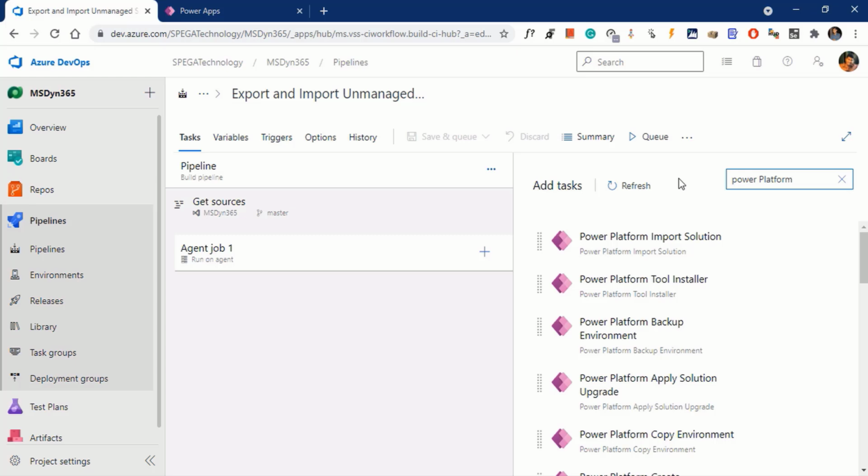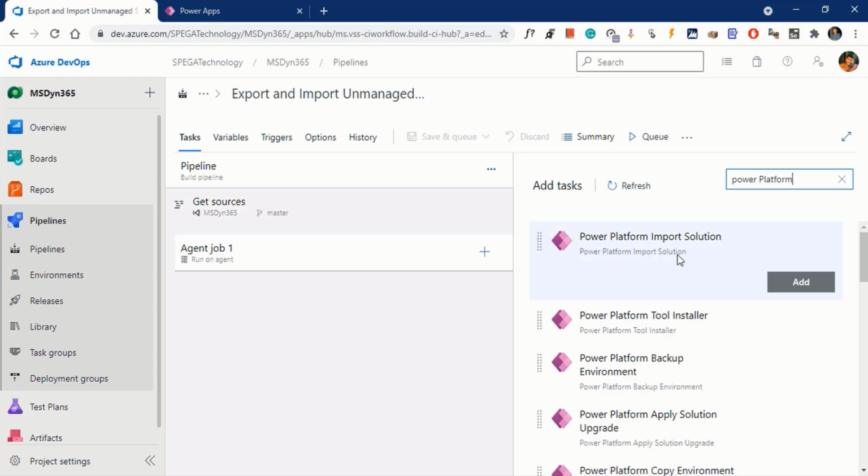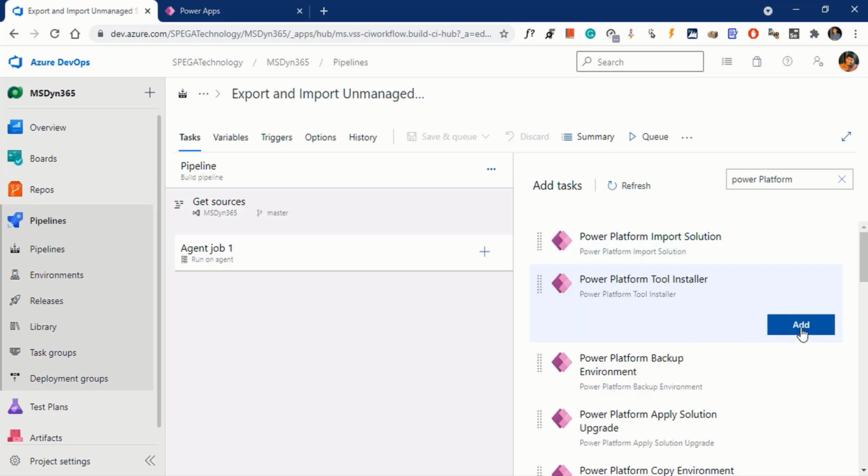These are all tasks related to Power Platform Build Tools. Let's add the tool installer. The tool installer helps to run all the tasks in the pipeline.